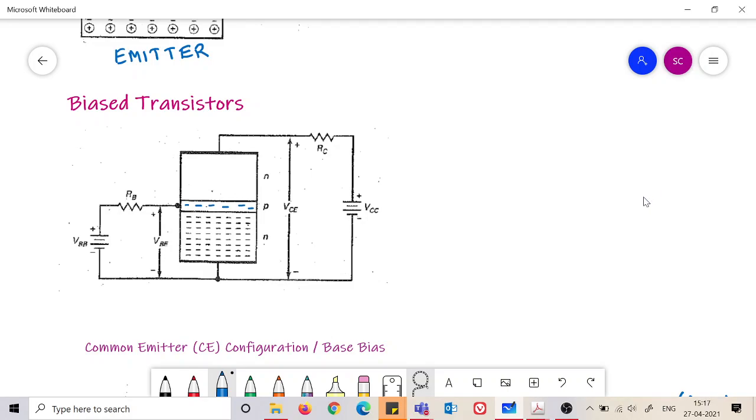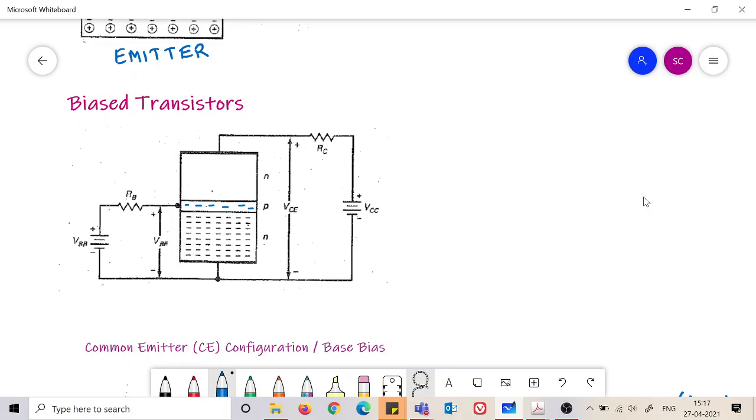Because it is forward biased, so there is a current in this loop. This is a diode now. So just imagine that there is a diode here. So there is a current here. The electrons are flowing this way, the current is flowing this way. So the electrons have come to the base region. Now there are two things that these electrons can do. Please remember, there is a very high density of electrons in this side.